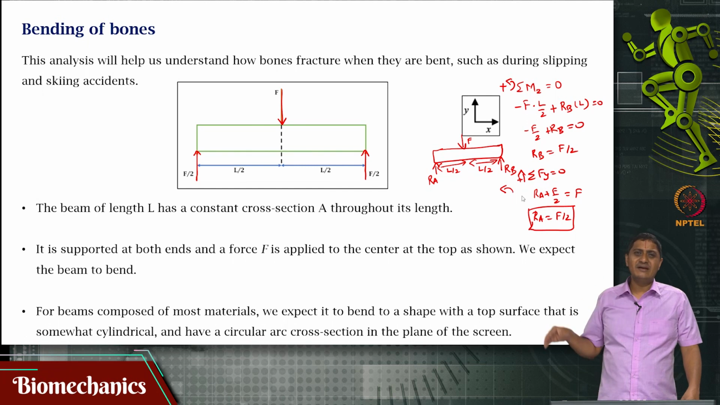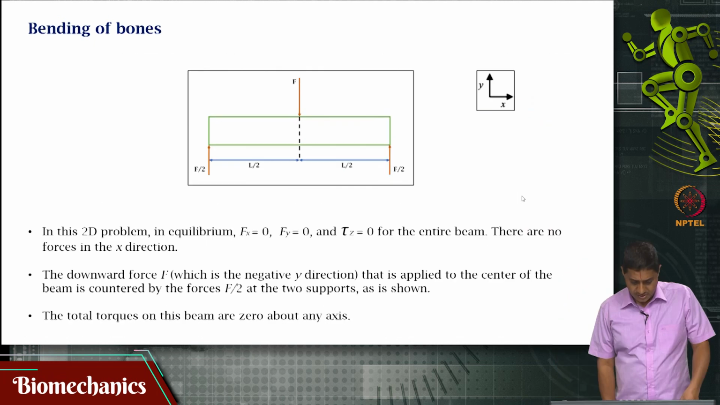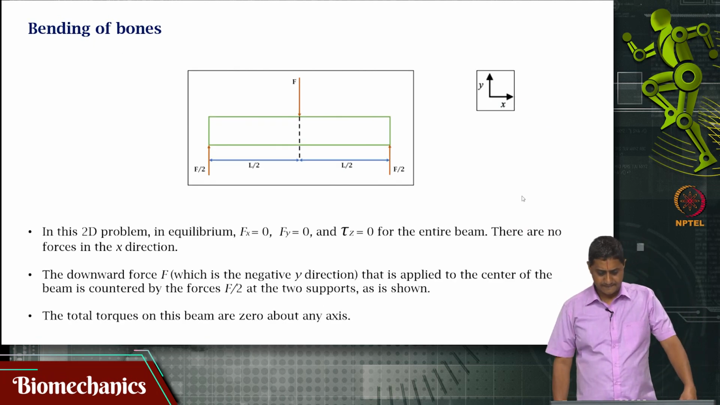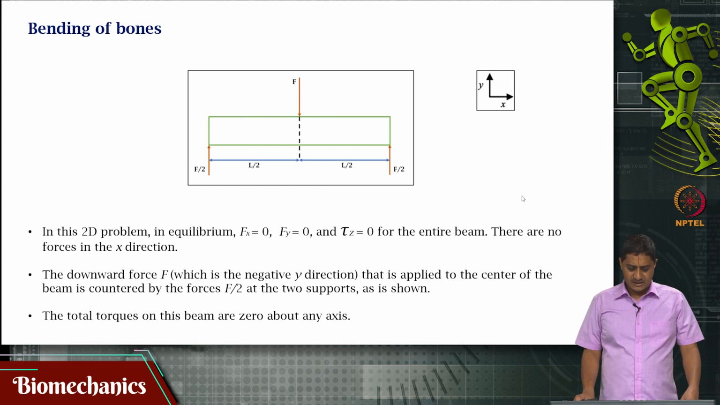This particular line along the length of the ruler, or along the length of this beam, is called the neutral axis for this beam. Okay. Now, here is this beam one again. At equilibrium,